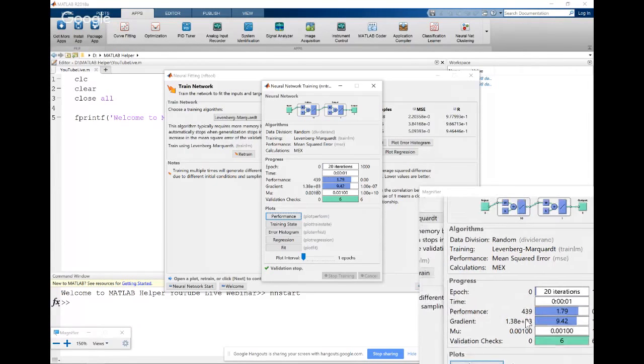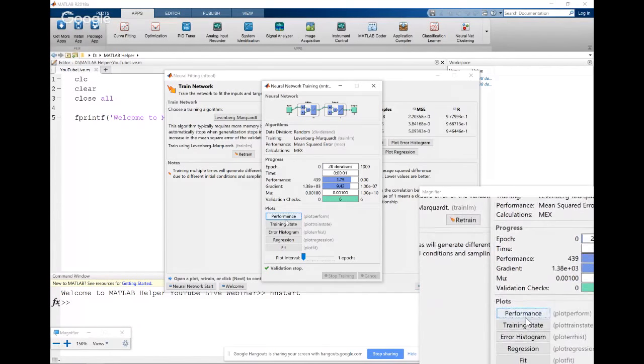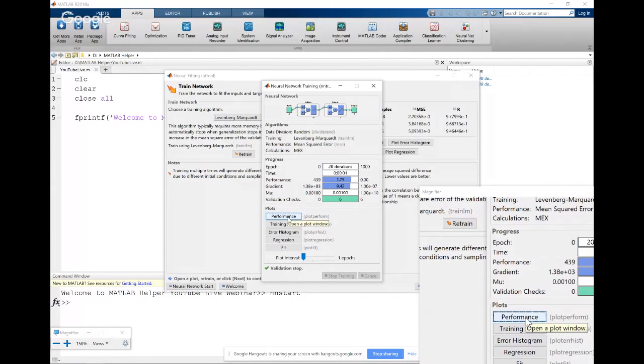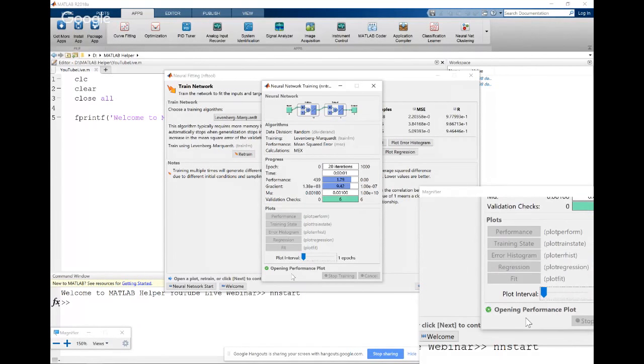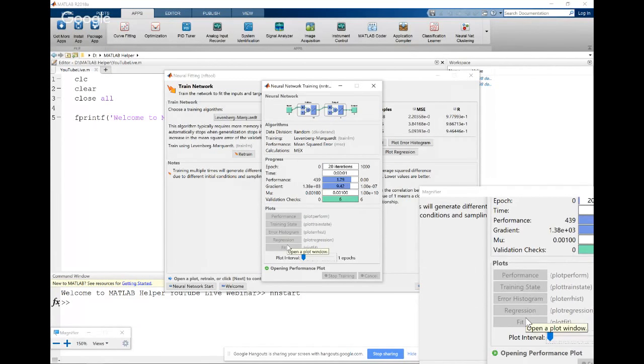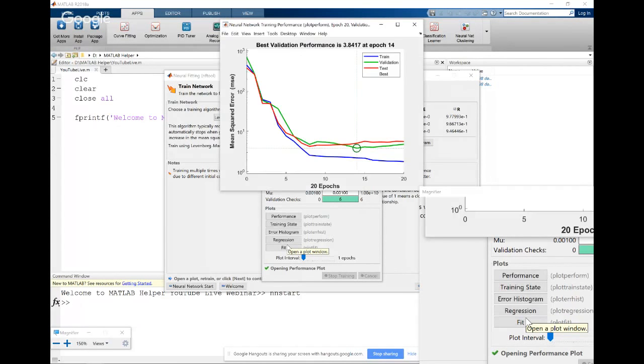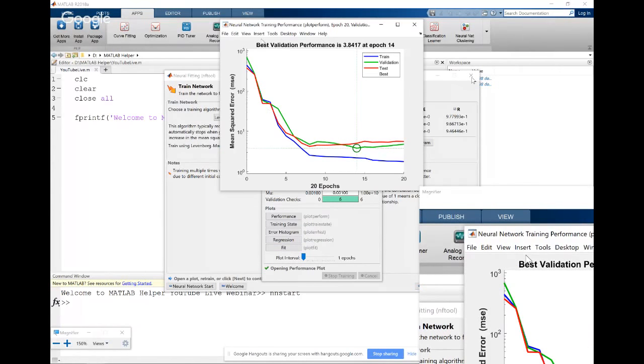The first section is the performance plot. To open a plot window, I'll click on this performance and it says opening performance plot. So this is the performance plot.